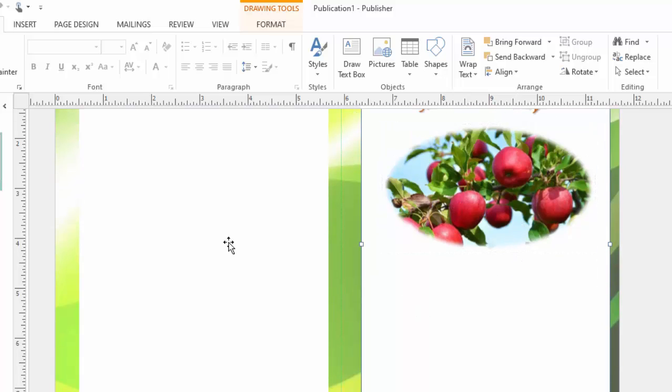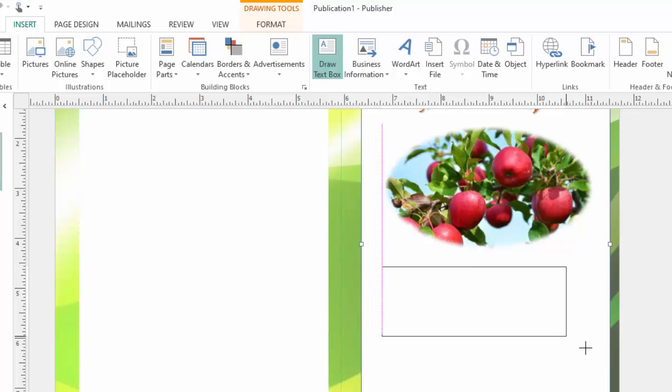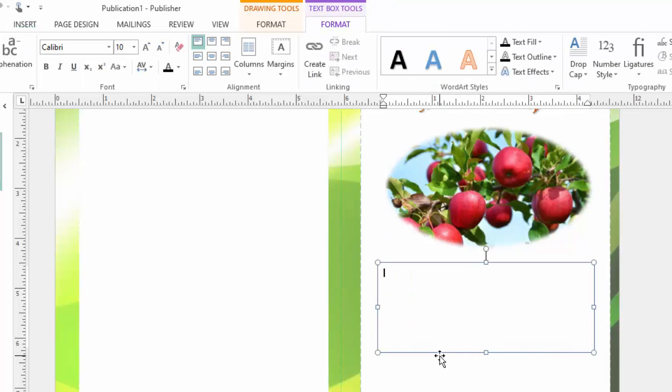Then I can write a message down here, insert text box. Increase the size of the font. We sell a variety of fruits in our grocery, such as,